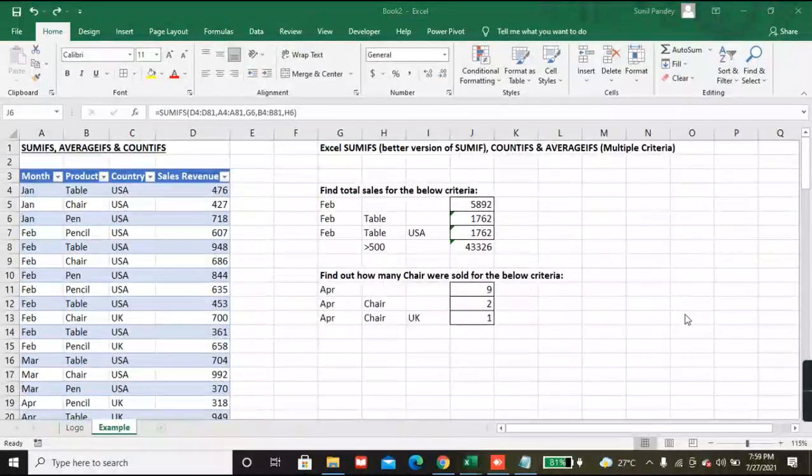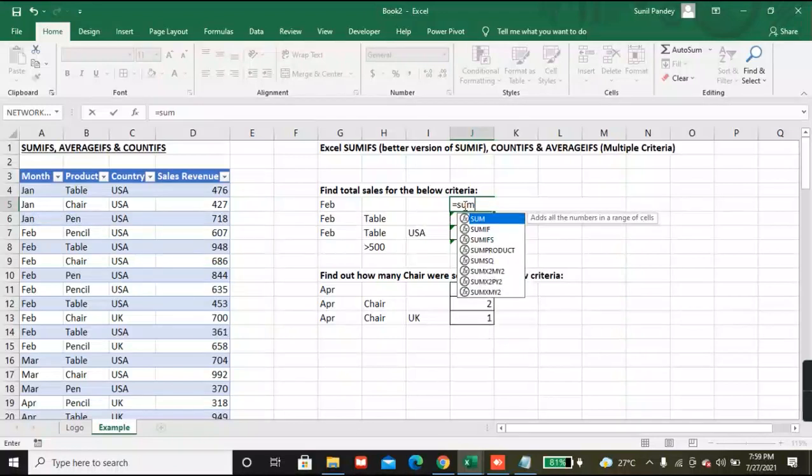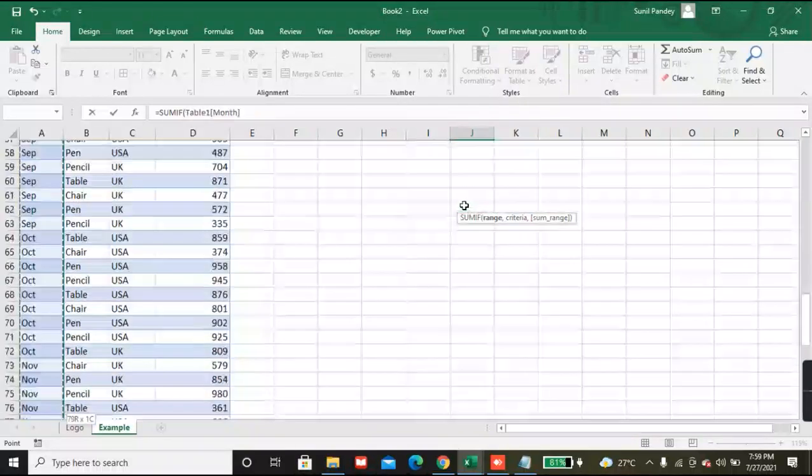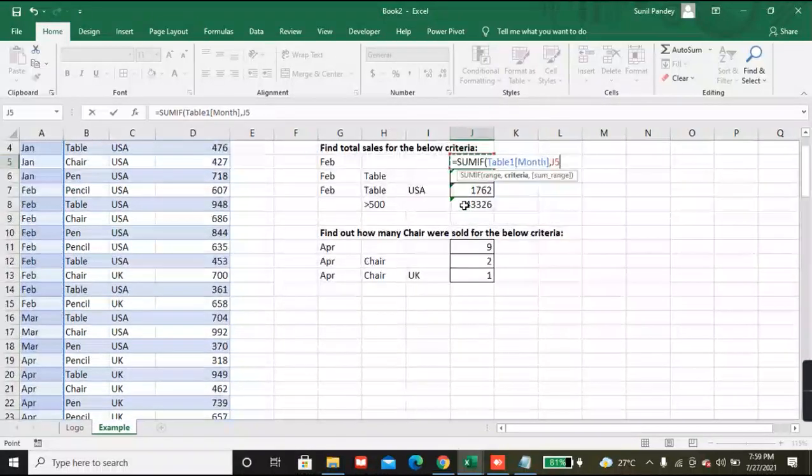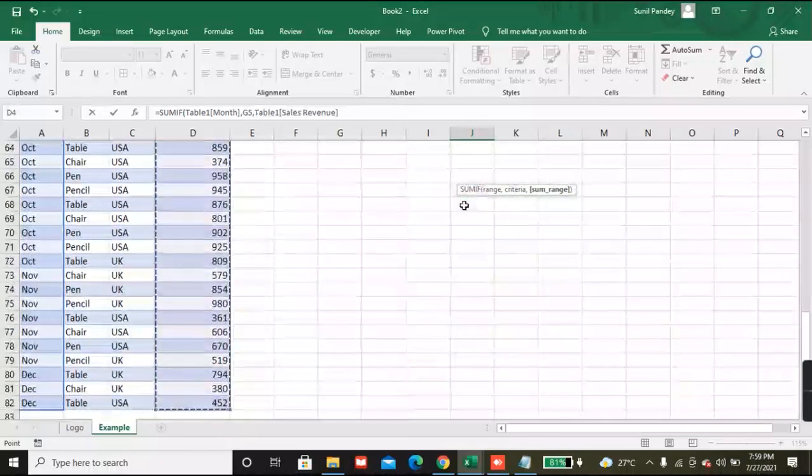So after converting this into a table, after that if you put the formula like this, and the sum range.